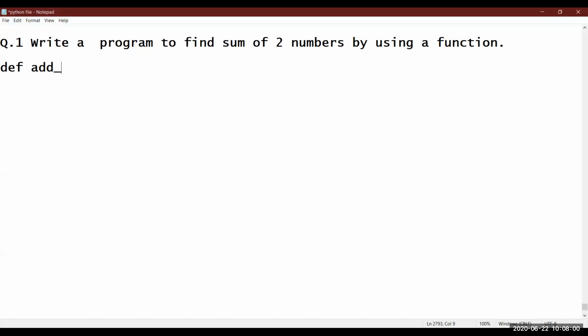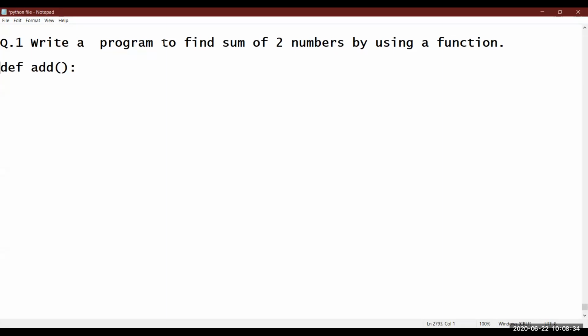You can put underscore symbol also. It's up to you. As you have given the name to variables used in program, you can use same thing for function name. I'm just writing add, simple. And then empty brackets, colon. Def add empty brackets and colon. Now, since I'm writing in Notepad, it will not give indentation. But when you write in idle window, that is your Python idle script mode, then it will be providing automatically the indentation. So here I'll be using tab.